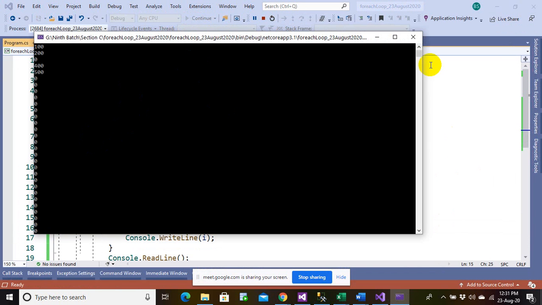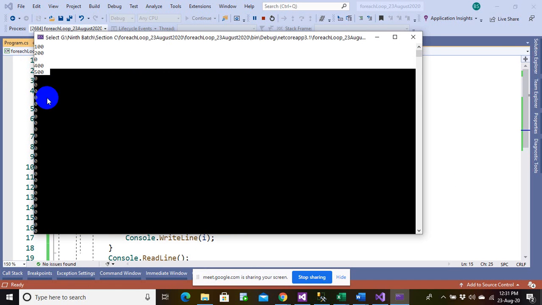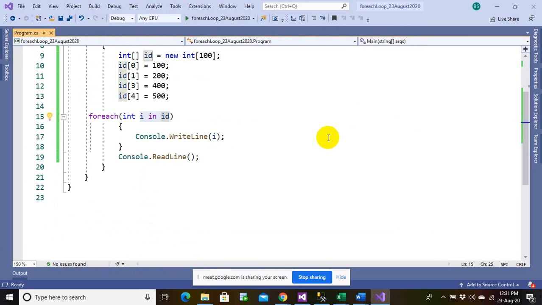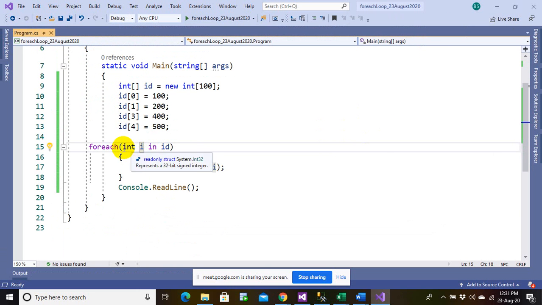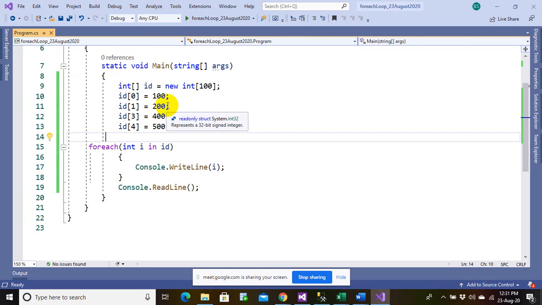You still have an error here because of the length. What is happening is that for each is iterating through each and every element of this array, and we need to know the size of this array. So we need some logic through which we can find out which array elements are occupied.